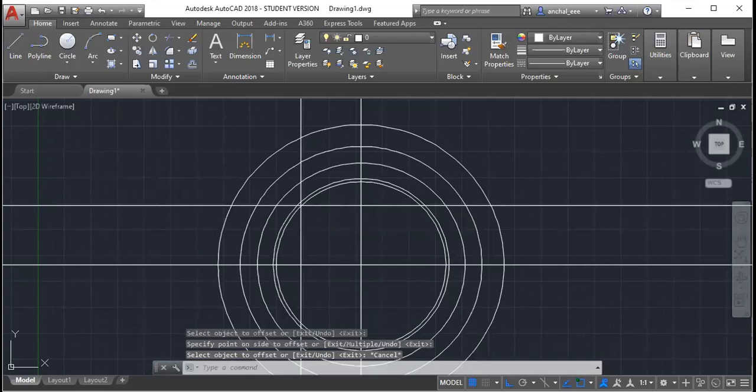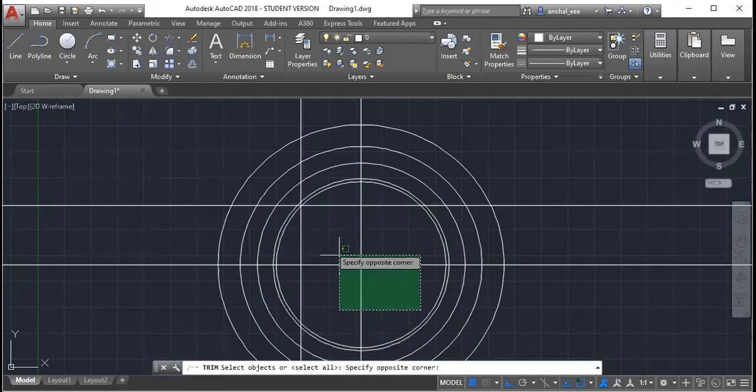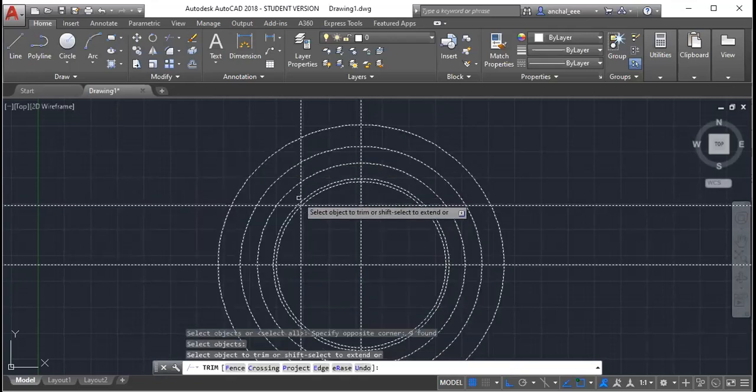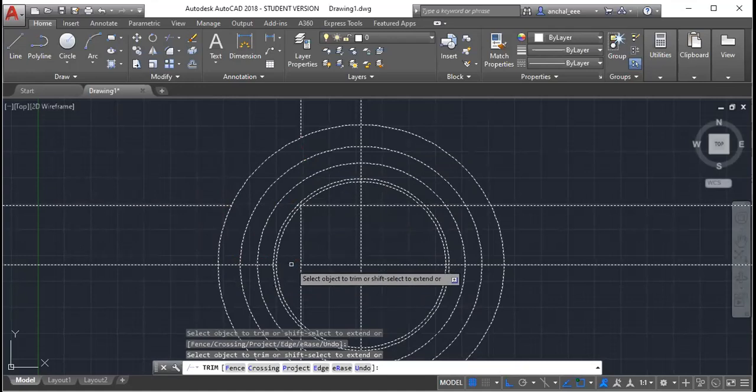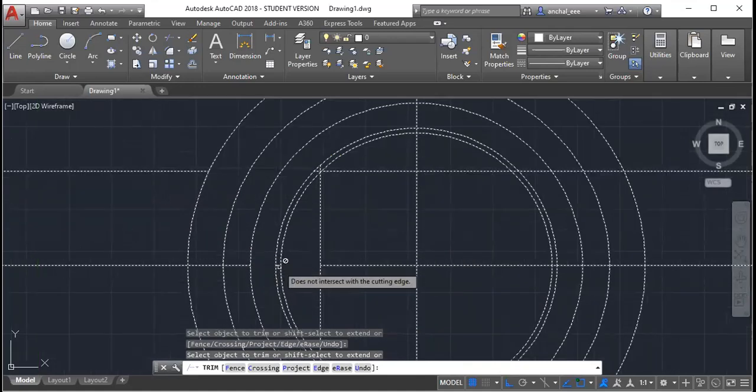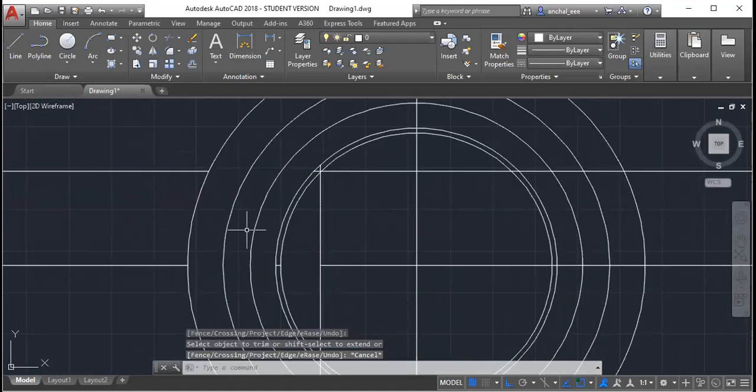So I got this. Now we will use trim and trim the extra construction lines here. And this one also. It is so tedious to do here as it is not letting me. Why is it happening like this?